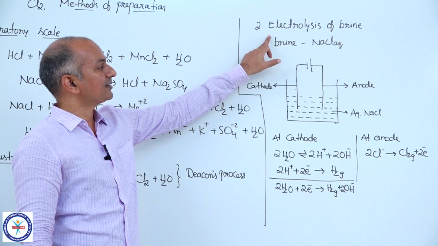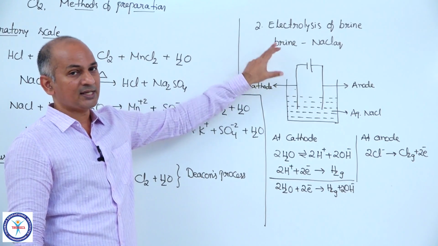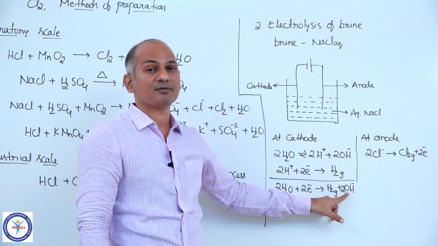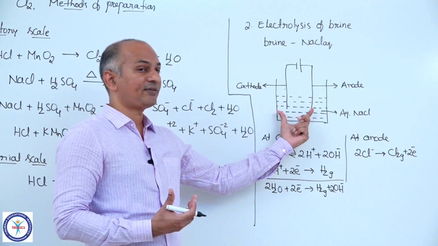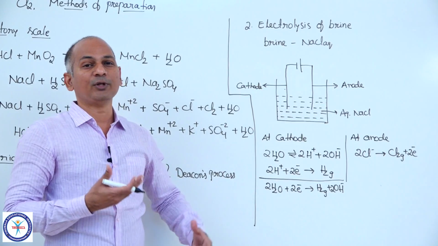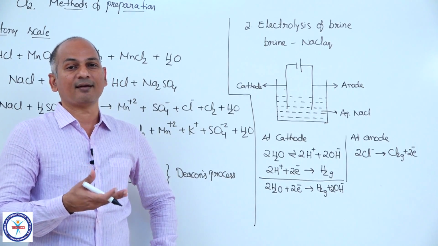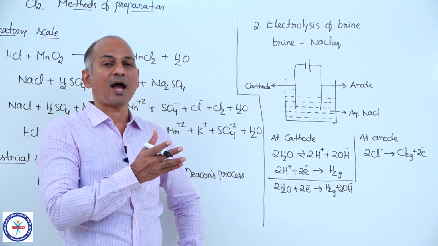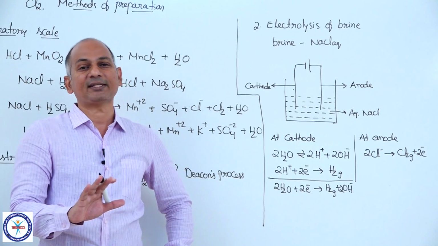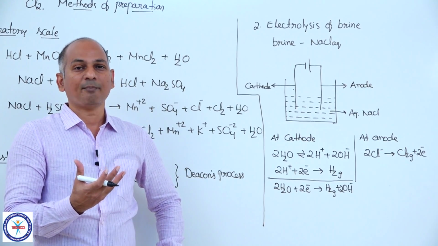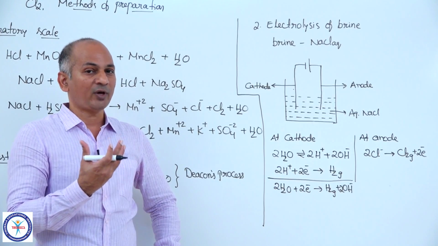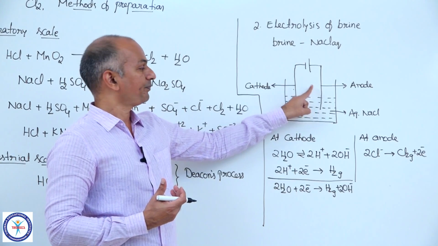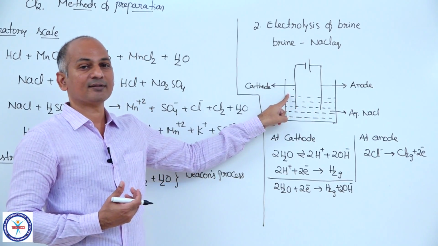Actually this method is for the preparation of chlorine. Here our purpose is the preparation of chlorine, but apart from chlorine we are also getting NaOH. So the electrolyte which is left here gradually becomes more and more basic, because NaOH is the side product. Cl minus is getting used up, and once the electrolysis is complete, there will be no Cl minus in the electrolyte, but you are having only NaOH. And here one very important point is, chlorine gas is liberated at the anode and hydrogen gas is liberated at the cathode.